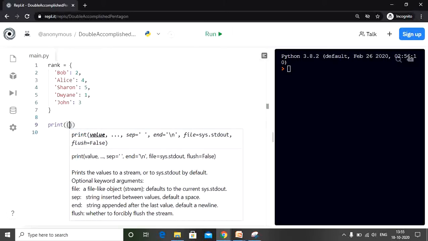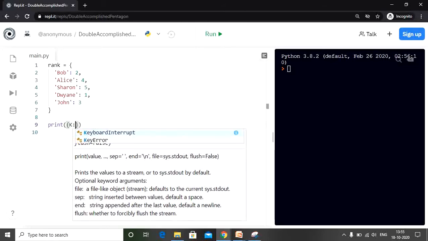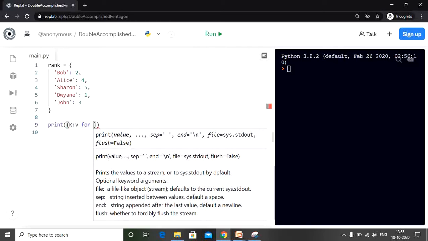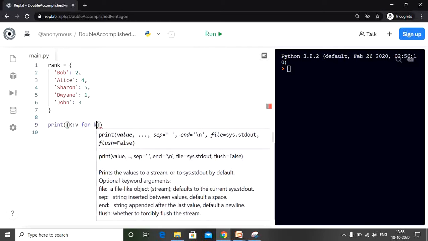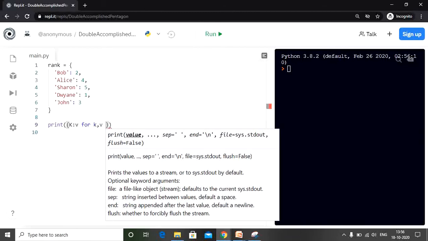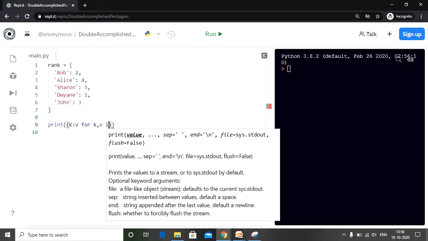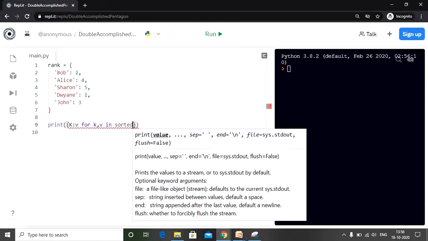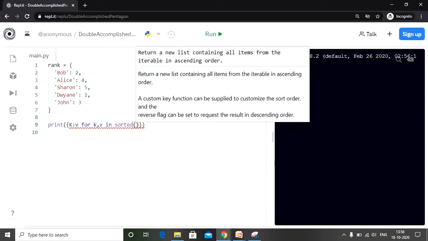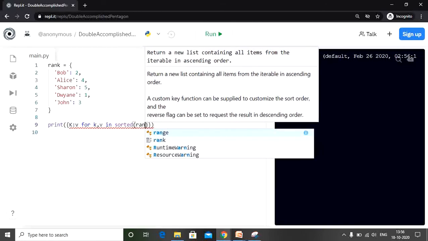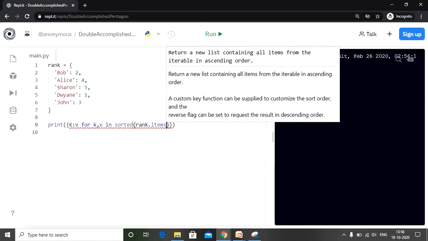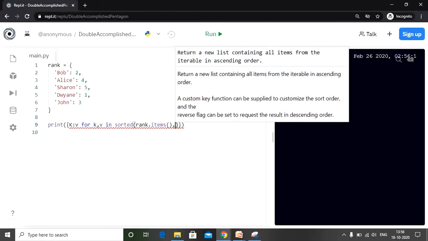So we use the print statement, then we have the key value pairs, then we have our for loop or the iterator that iterates over the keys and values, or the items, in the dictionary, and then we use the sorted function in order to sort the dictionary. Then we extract the items of the dictionary using the items function, and now inside the sorted function we have